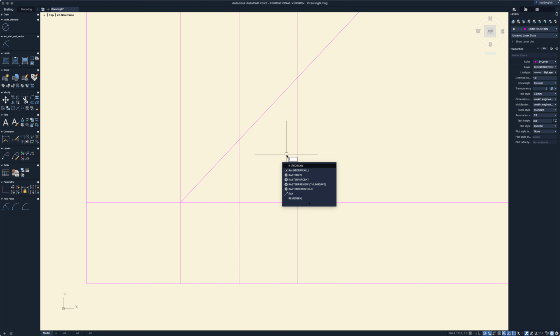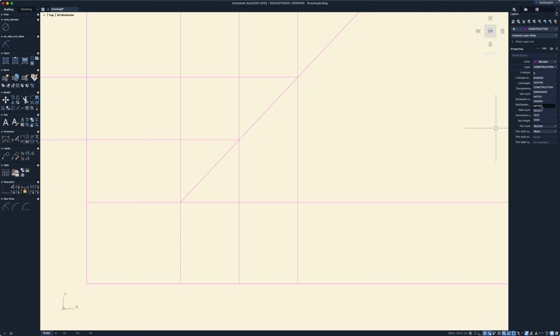So I'm going to go back into the ray command and go to the left and over to the left. And now those are my 3 views,